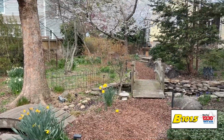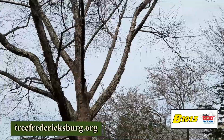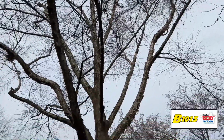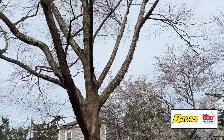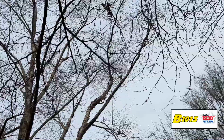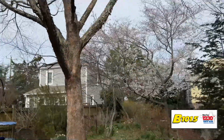But you can see the birds are just all over the yard right now. It's also cool on this river birch. You'll see birds sitting and drinking the nectar off of the tree. There's one right up there just taking a little sip out of the tree, and the tree will be dripping from the nectar that's going up. The xylem is starting to flow from the roots up into the top of the tree, and you can see the seedlings are all up there. That xylem is flowing, and if there's any little cut on the tree, it'll be dripping, and the birds will take advantage of it